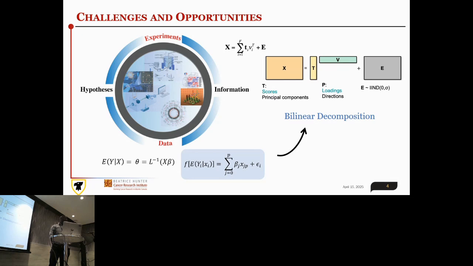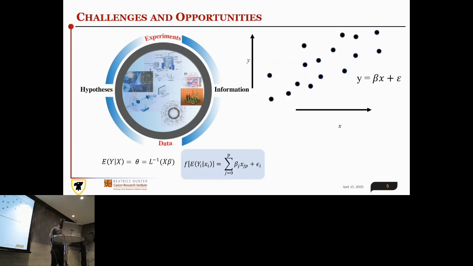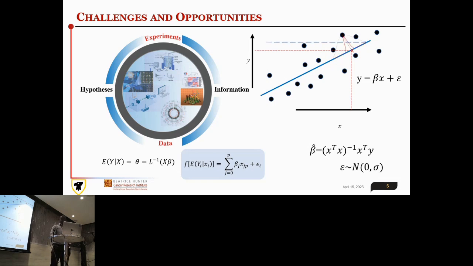The easiest way is principal component analysis, where T here represents your principal components and V is your loadings, that's your variable space. There's a caveat though. The caveat is that those errors, the measurement errors, are assumed to follow some kind of normal distribution. So in a simple representation, let's take it like this. This is a bilinear decomposition, essentially, where I'm trying to get the function that maps X to Y with the assumption that these errors follow some kind of a normal distribution, so that if I can estimate X